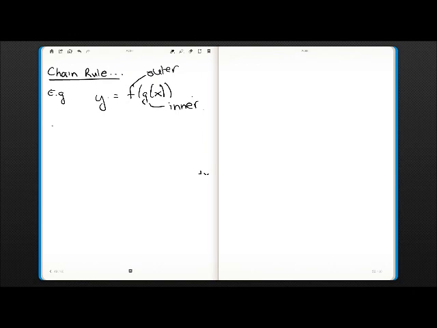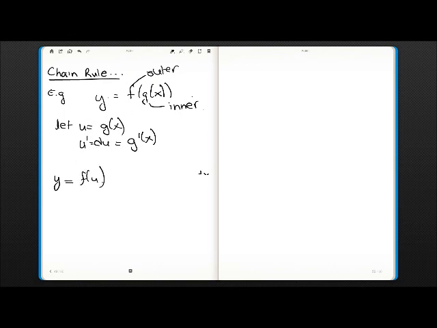Let's just simplify it a bit. So let u equals g of x. Therefore, if we find the derivative of u, it'll be u prime, or du, same thing, equals g prime of x. Now let's sub it in, and we will get y: sub u in for g of x, we'll get